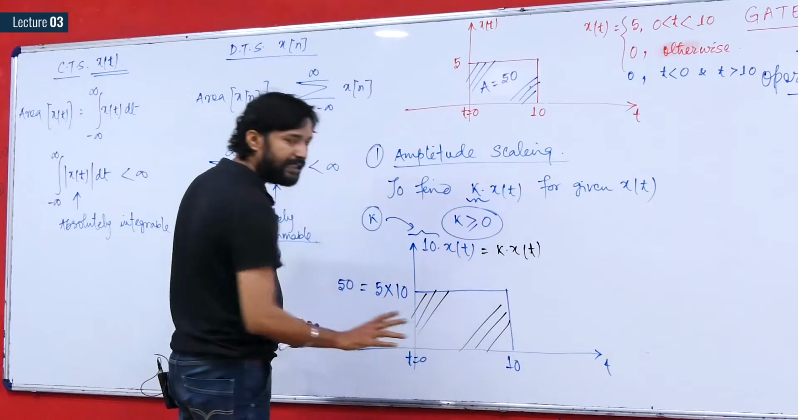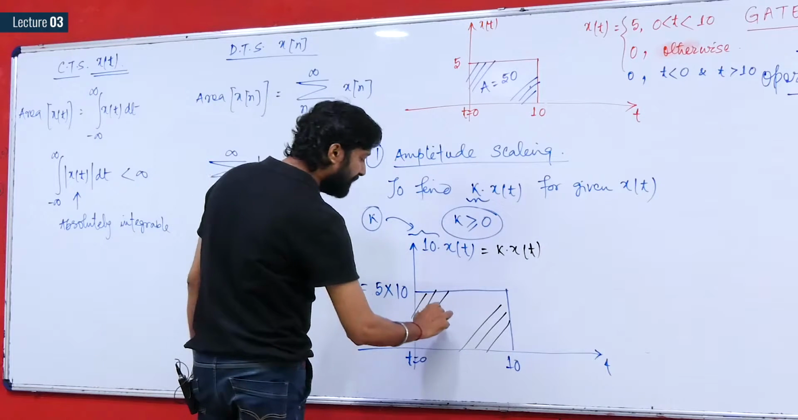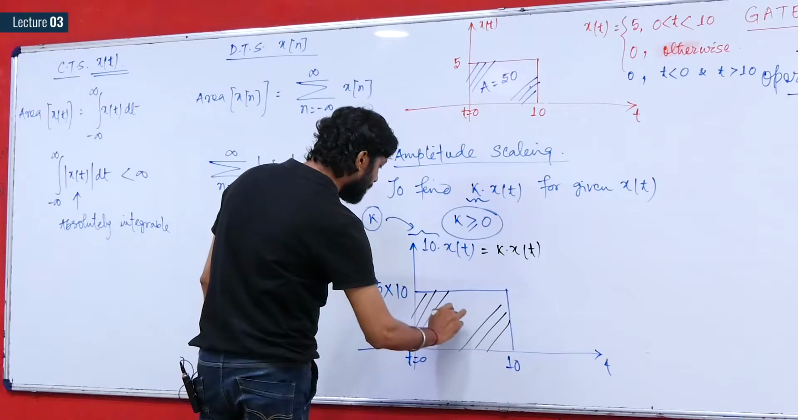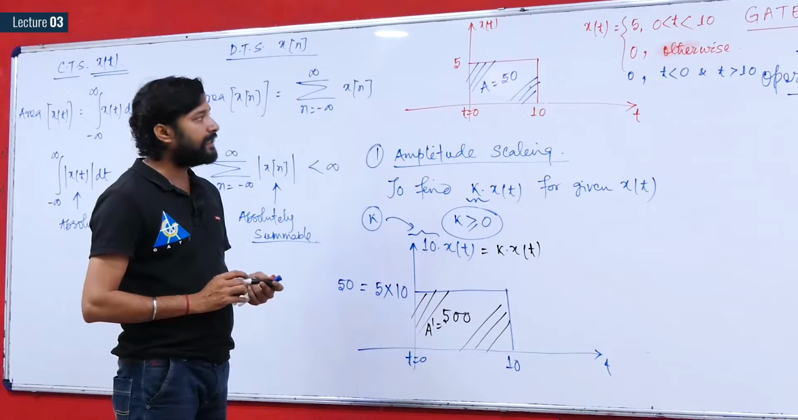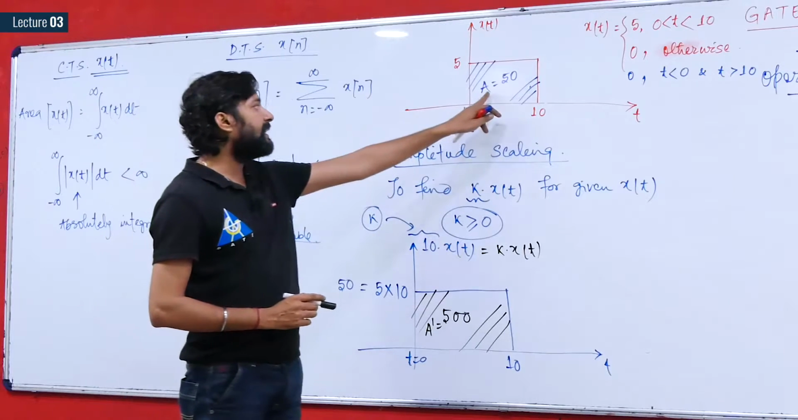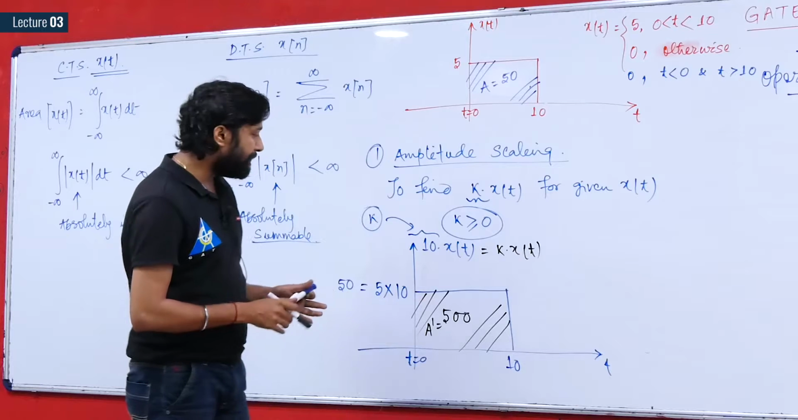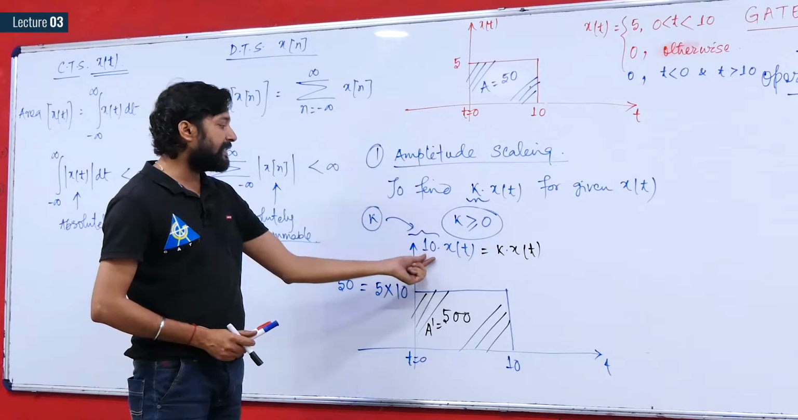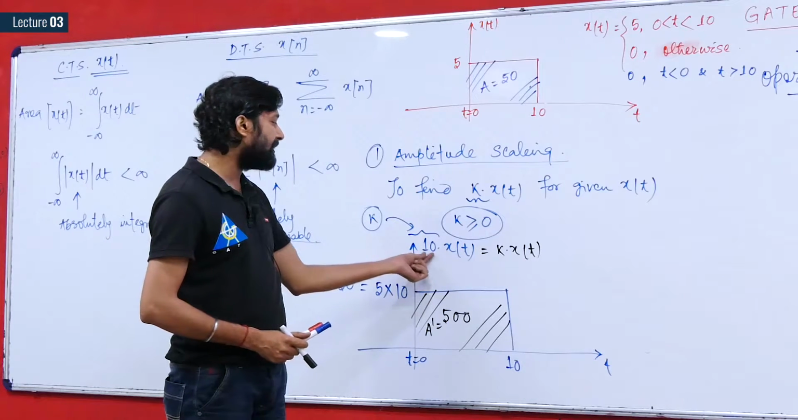Width is again maintained at 10 seconds, but now the height is what? 50. So the area will be 50 into 10, that is 500. Area is now, let it be A dash, A dash is equal to 500. Earlier what was the area? Earlier the area was 50 and now the area became 500. So if you have amplitude scaled this signal by 10 units, then the area gets multiplied by this scaling factor,